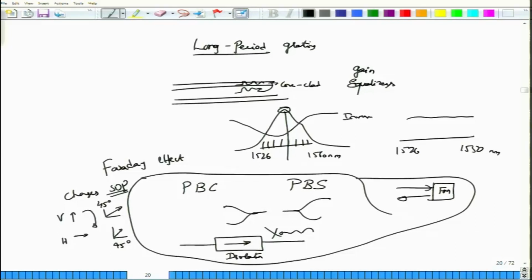So, these are all the different WDM components. I have given you an overview of these components. We will look at the operating principles of some of these components, starting with the coupler in the next module.